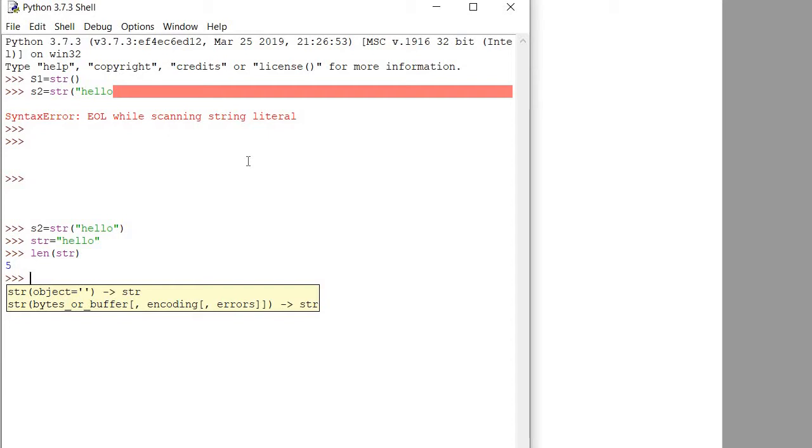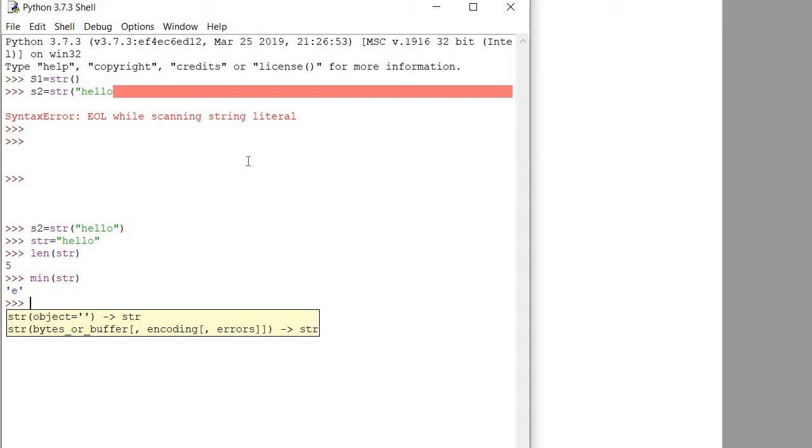Fine. Next we will use the min function. Write down min and the string you are using. Now e is the smallest character present in this string. Why do we say e is the smallest character?